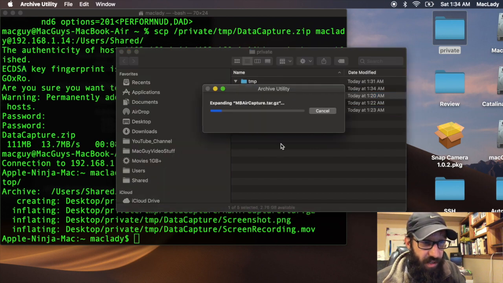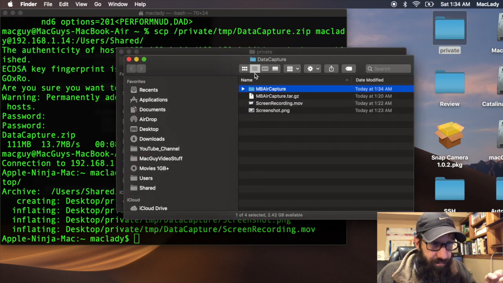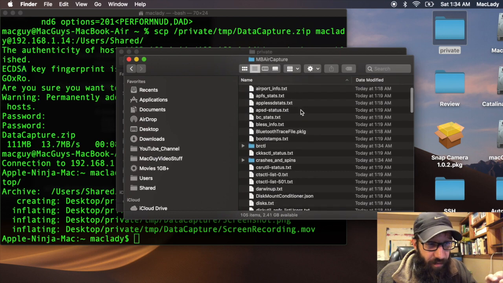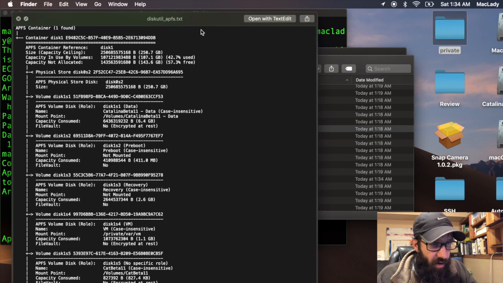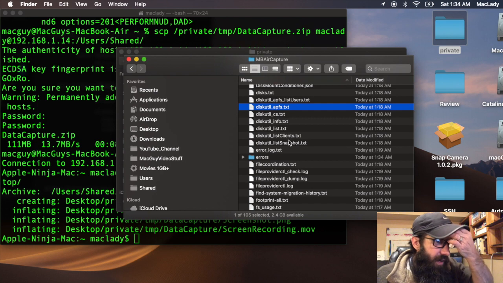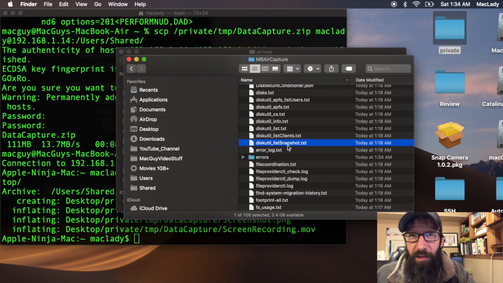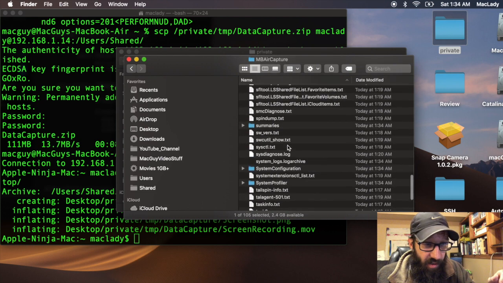So if I double click this, it opens it up. I have a list of information about this computer. So I can look at everything. Disk util, all the different command volumes that are on that system. You want to see all that information? You can see everything. Because a Sysdiagnose runs a ton of stuff, and that's what I'm going to show you next. Is if you scroll all the way down within this Sysdiagnose, you're going to see a